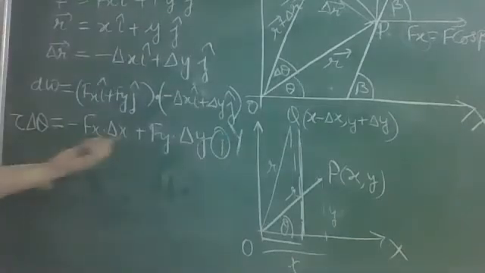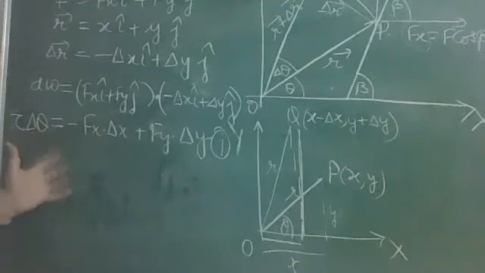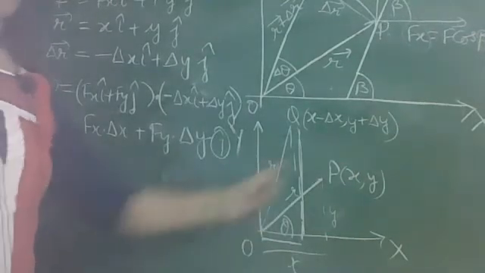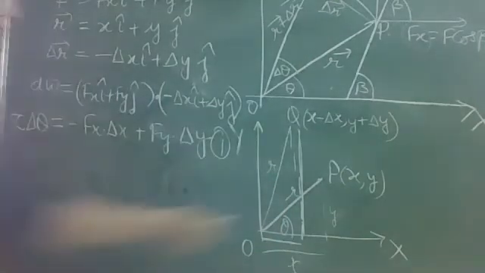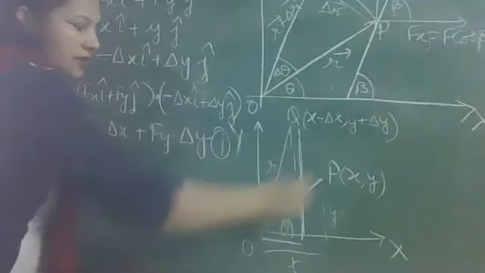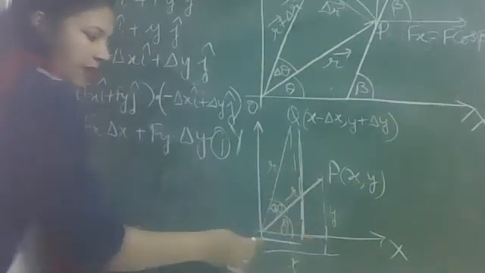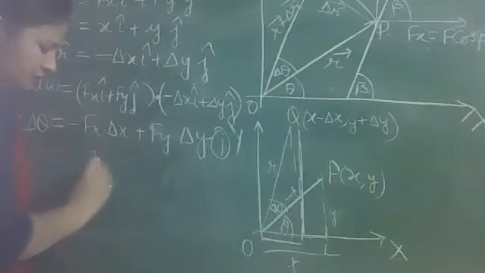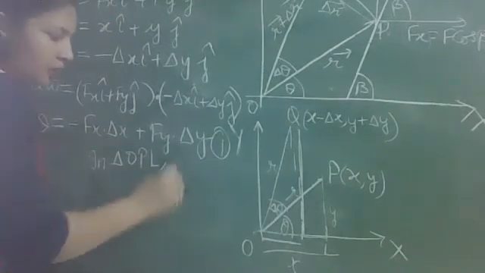So now our aim is to find delta x and delta y. We will put the values of delta x and delta y and substitute here. Okay, so for that purpose we have to use this smaller diagram. We have to use this triangle. If this was theta, this must be delta theta. So let us take this triangle first. Let us name it triangle OPL. In triangle OPL, what is cos theta?